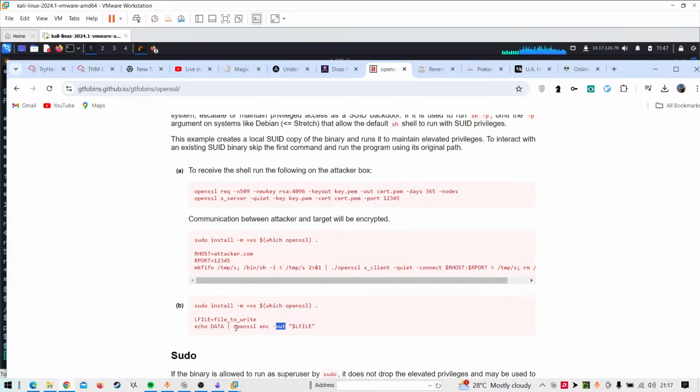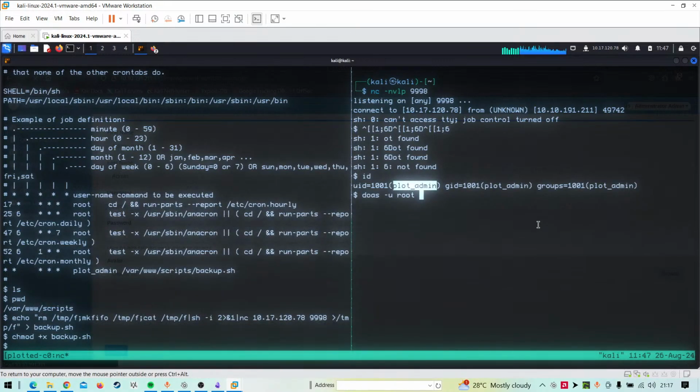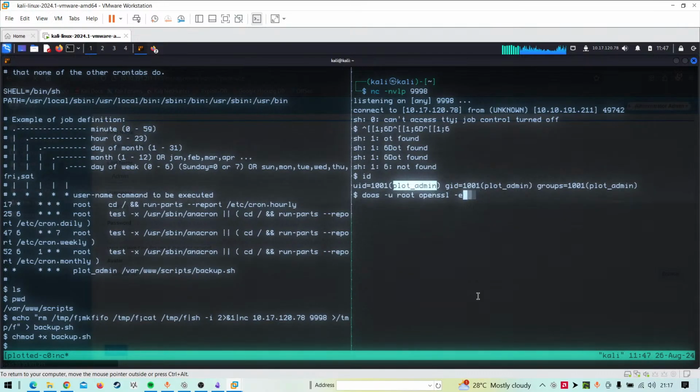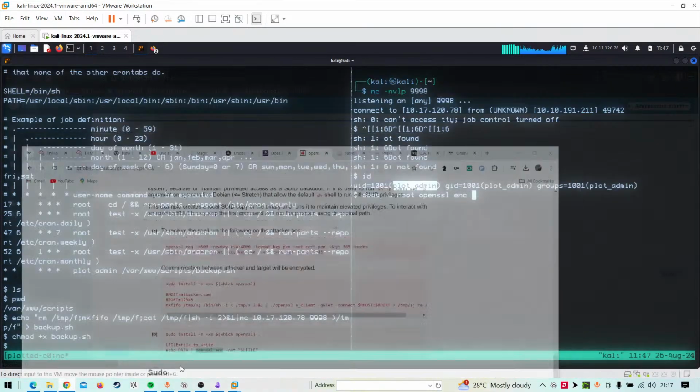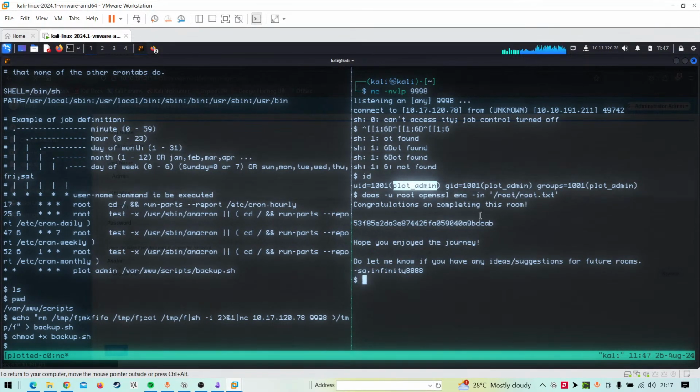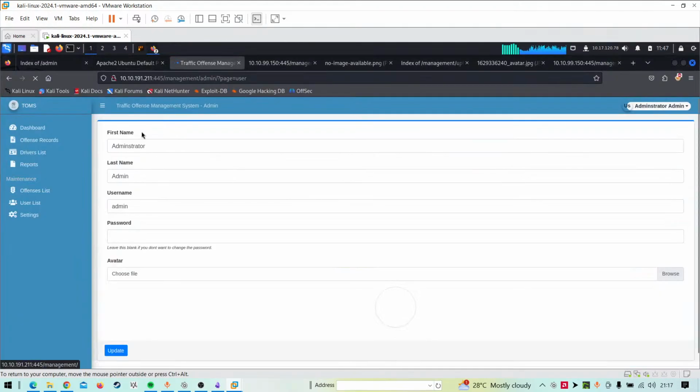It has something like enc, hyphen enc. Is this with a hyphen or without? So we can go enc, and it's not out, it's in. I have to make sure it's in, and provide the file path. There you go. Finally, it was that easy once you know.